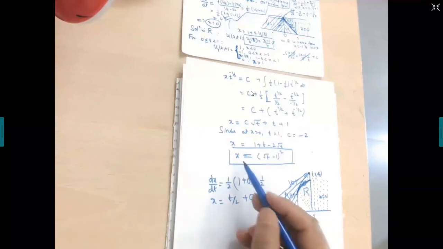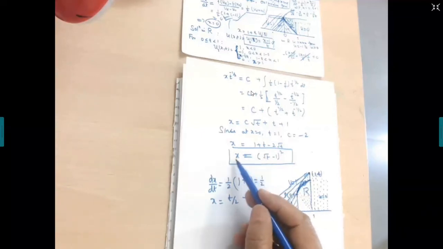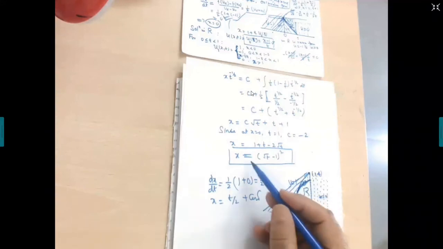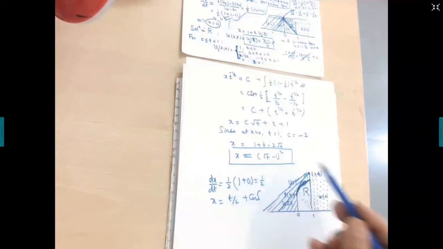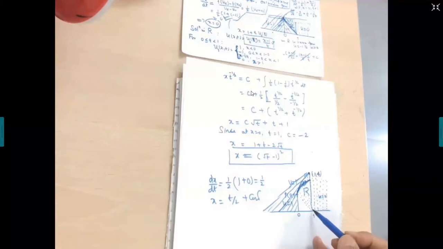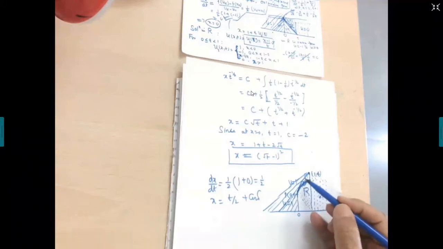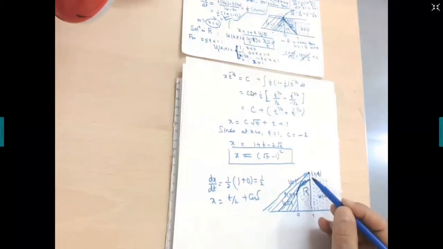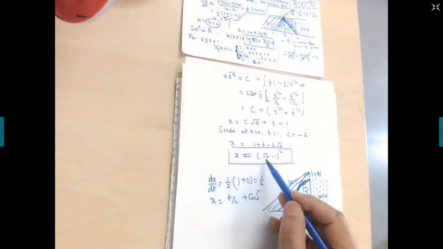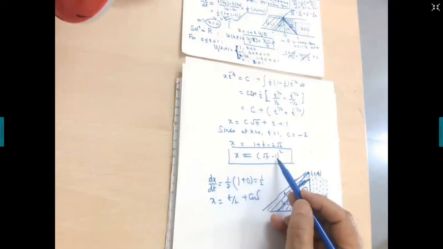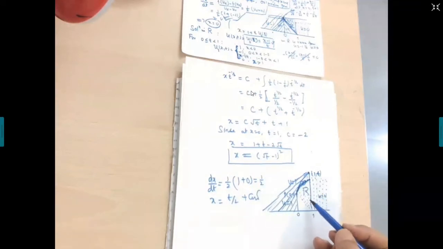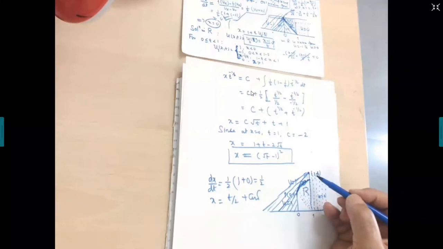Because you put x equal to 1 here. You put x equal to (root t minus 1) whole square, correct? And this is the line x equal to 1. So what do you get? This is the parabola, and this is the intersection of the parabola with the straight line x equal to 1. So 1 is equal to root t minus 1. From here, what do you get? t is equal to 4. Very correct, this is the positive side. Very nice.